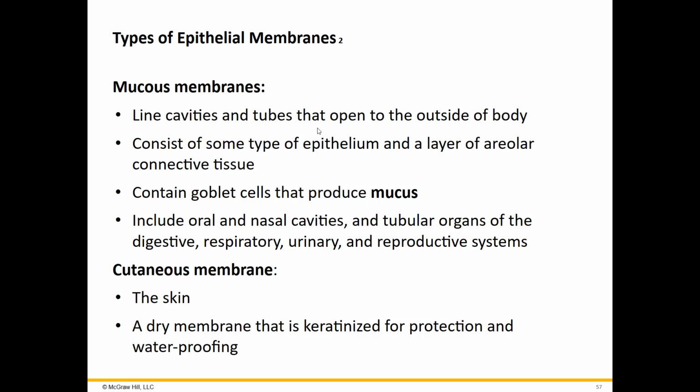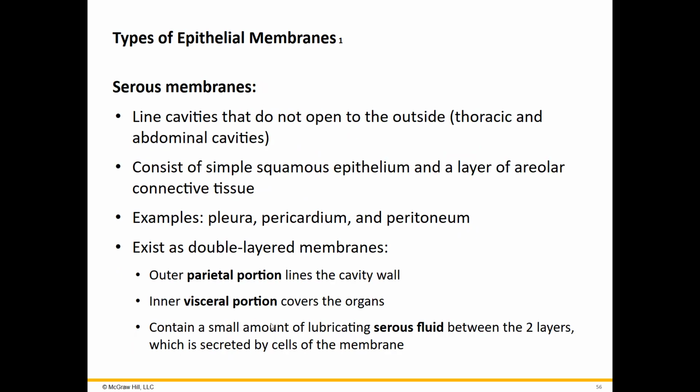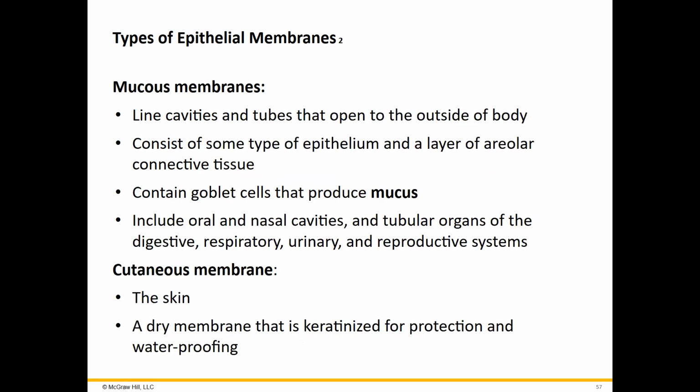So epithelial membranes, serous membranes, they're the membranes that protect organs. They have the parietal and visceral part filled with serous fluid. That's why it's called the serous membrane. Mucous membranes, what do I want you to know? They produce mucus, so therefore they have goblet cells. That's all I want you to know: a mucous membrane is a type of membrane that contains goblet cells,